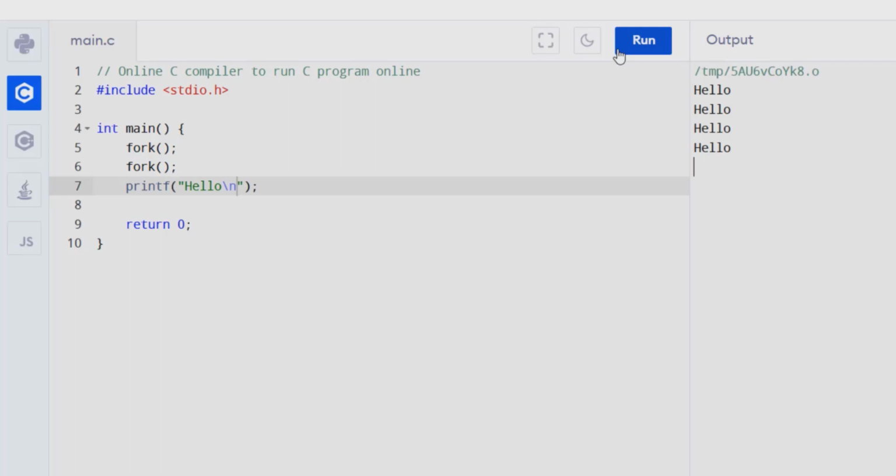So it is obvious, we can understand that it is following some kind of pattern. When the number of forks is 1, it prints 2 hello world. When the number of forks is 2, it prints 4. So it is following some kind of pattern, no? Let's add one more.